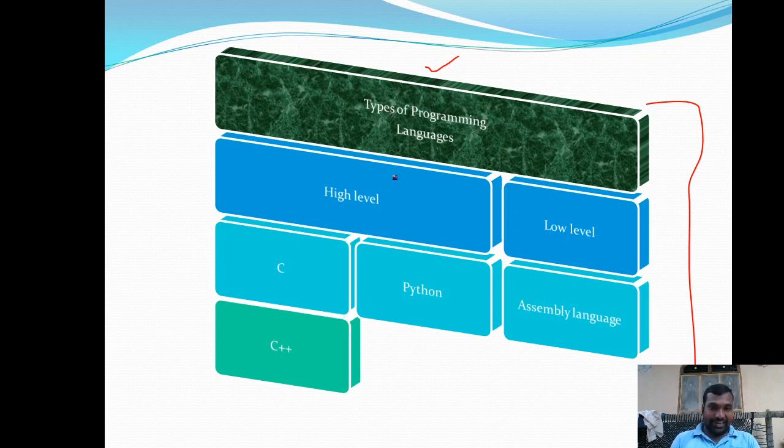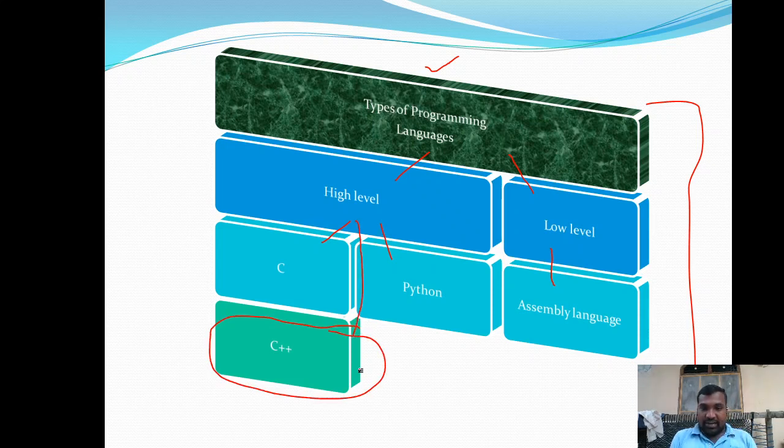That's why it is looking like this. Here this is the root, types of programming language. There are two types of programming languages, high level and low level. In the high level language, C is there, Python is there for example, and in the low level language, assembly is there. And now I want to add a new language under this high level language.